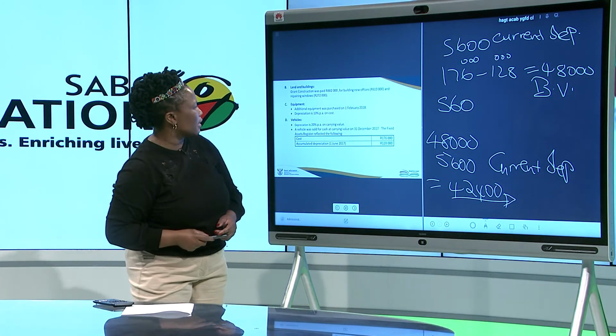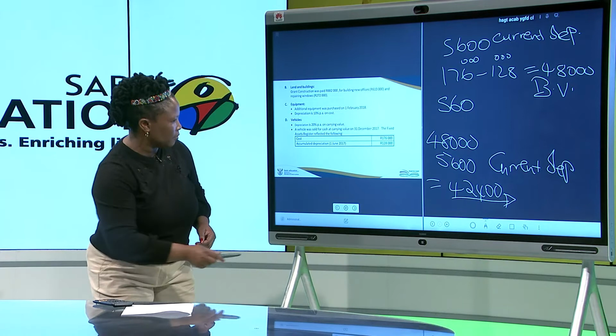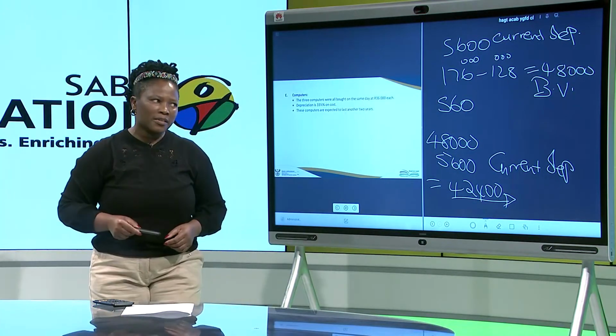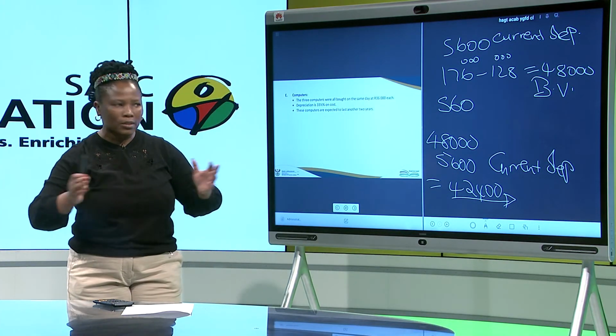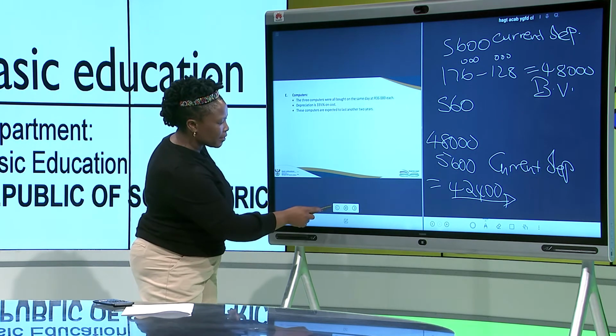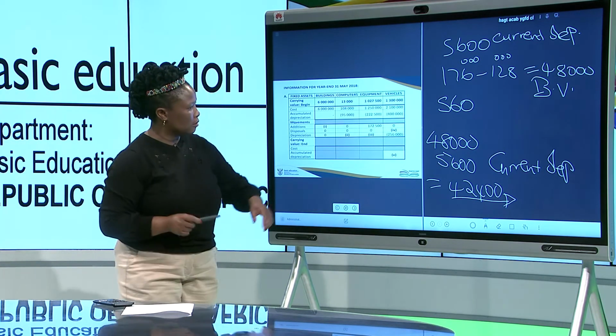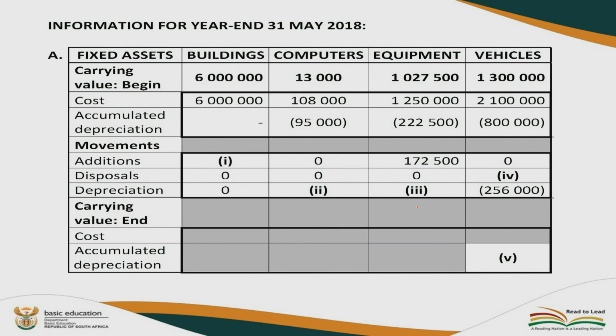We are done with the vehicles. Remember that the depreciation on all the vehicles was already calculated. The only thing that we had to calculate was the book value, but we had to calculate the depreciation before we do that. I want us now to look at this part,